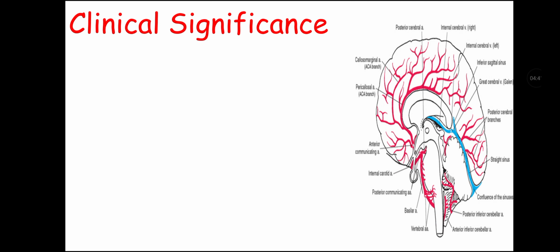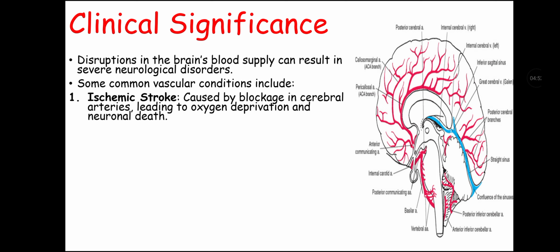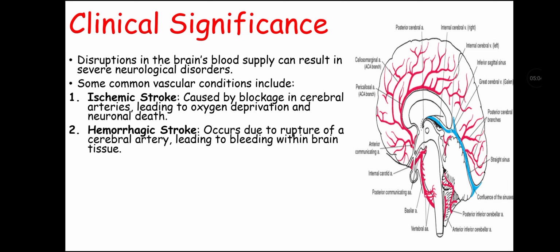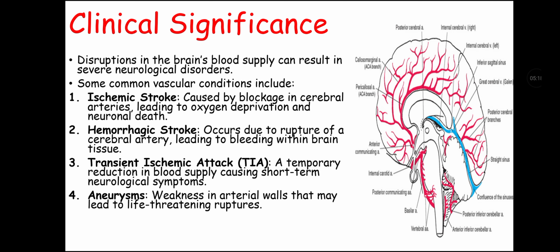Now let's talk about the clinical significance of blood supply. Disruption in brain blood supply can result in severe neurological disorders, and some common vascular conditions include ischemic stroke that is caused by blockage in cerebral arteries leading to oxygen deprivation and neuronal death. And then it can also cause hemorrhagic stroke that occurs due to rupture of cerebral artery leading to bleeding within the brain tissue. It can also cause transient ischemic attack, that is a temporary reduction in blood supply causing short-term neurological symptoms, and it can also cause an aneurysm, that is basically weakness in arterial wall that may lead